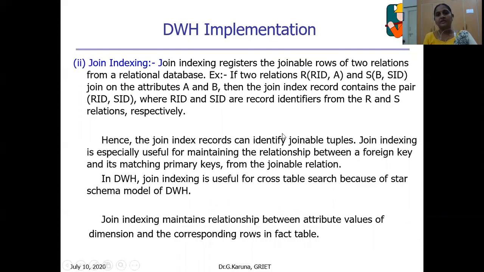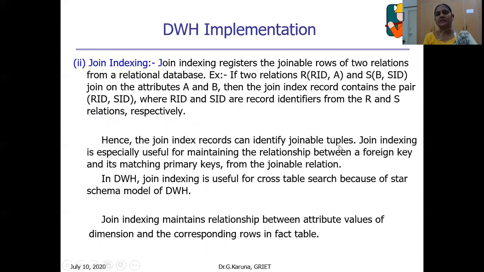So coming to join indexing, this is very similar to the relational tables in relational databases, how we perform equijoins. If two relations are given, for example, R and S are the two relational tables, having the IDs RID and A as the attribute, and here B is the attribute and inside is another ID. For the attributes A and B, we perform the join index whenever SID equals RID. These are equal from R and S, so that we can establish a relation and join both relations easily. This is very similar to the relational database system.